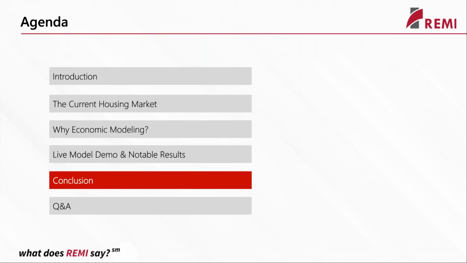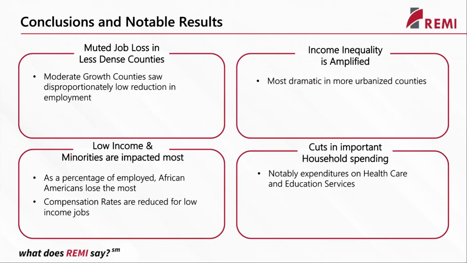All right, now let's draw some conclusions and we'll have some time for Q&A. All right. So just a few notable results. One, on that first slide with the job losses by region, we do see that muted job loss in those less dense counties. There could be a few reasons for that, but I think it's interesting to show that the interconnections of those counties are important. There's probably some migration effects going on there, but there's not a strict one-to-one relationship between an increase in the housing cost and loss in employment. There's geographic and dynamic effects that are going on there.